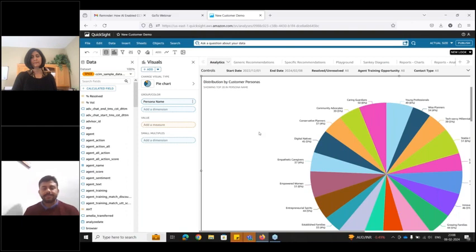Yeah, thanks, Nidhi. Like Nidhi was saying about the persona model, she was showing the personas in the lower middle box. So here I'm going to talk about the personas.